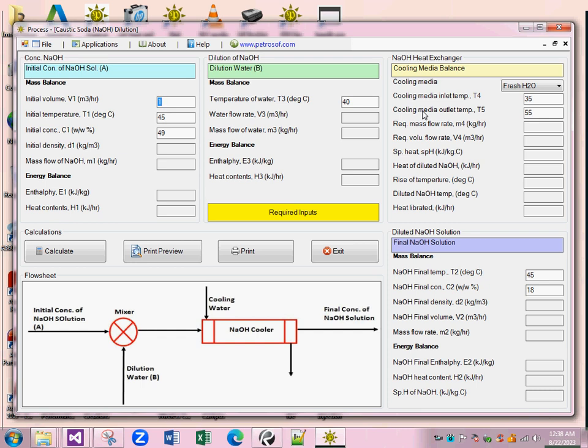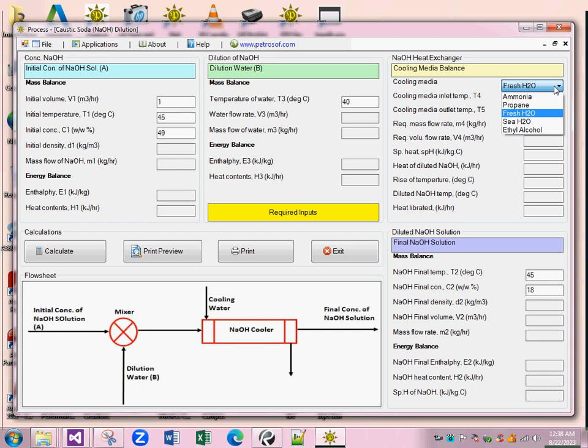There are certain fluids provided in the drop down list from which the user can select an appropriate cooling media. And then in the next section, at the bottom of this application, is the diluted concentration solution,